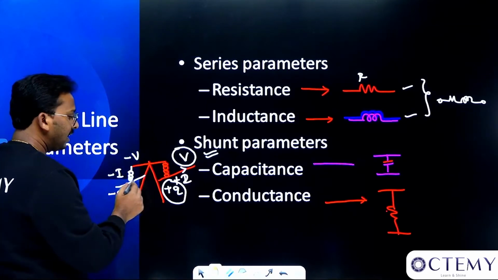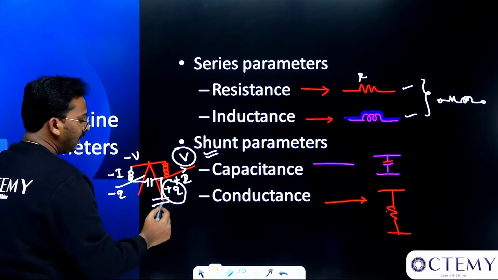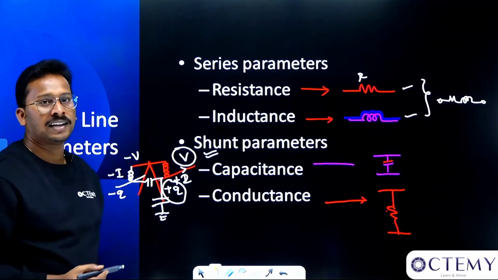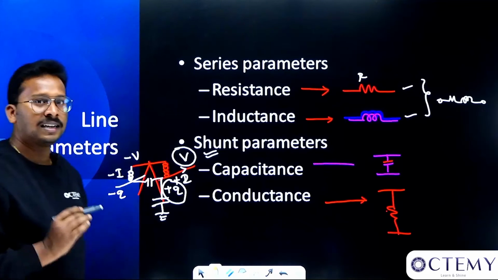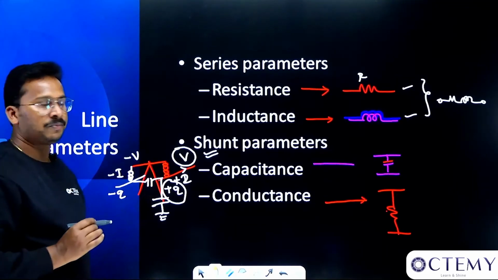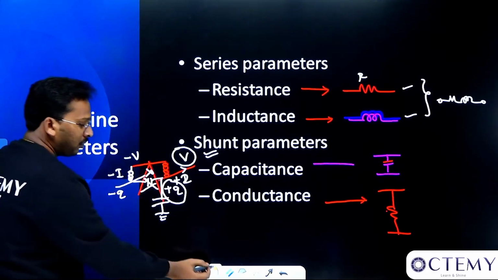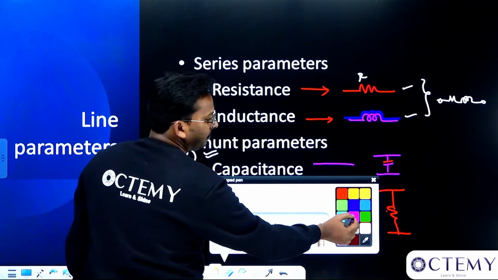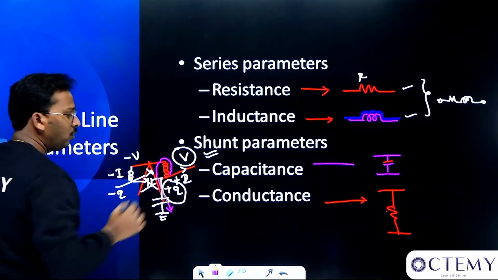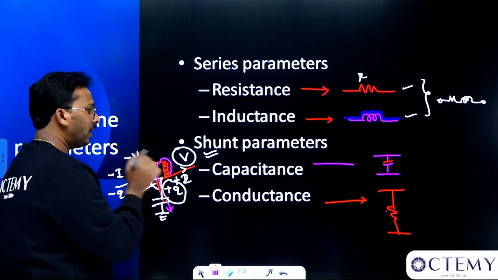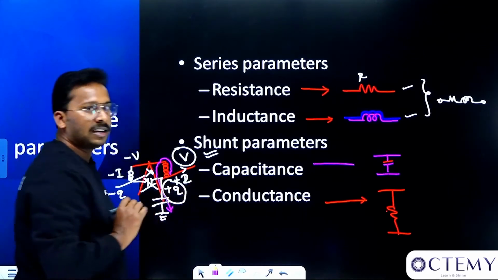Now a capacitance will exist between line to line, and I can show that a capacitance also exists between line to ground. Since we do most of our analysis per phase, I will take it with respect to ground as shunt parameters. Now what is this conductance, sir? This is mainly due to leakage. Whenever we have the transmission tower like this and insulators like this, some amount of current basically leaks. So there will be some current which is leaking from here to ground. Now I don't want this current to leak, but to show the effect of this leakage current, I'll be using the shunt resistance, that is basically conductance.